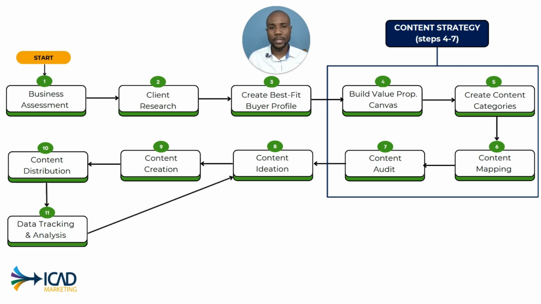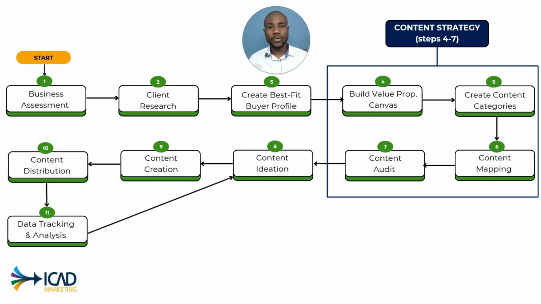We align everybody to ensure that everyone is on the same page when it comes to how we interact with potential clients and target buyers, and how we get them into our funnel and convert them to actual paying clients. Step 7 is a content audit. A content audit is where we look at all the existing content pieces that you already have and see which pieces we can use for the content mapping process. It's a way to avoid waste and save time, because you probably already have content assets that we can repurpose.